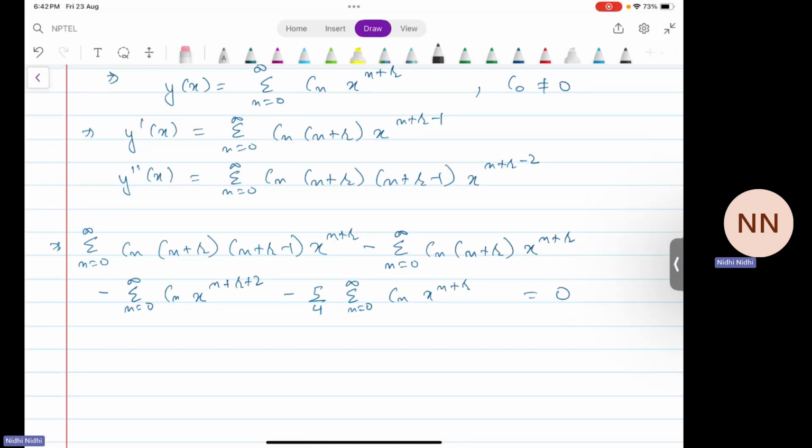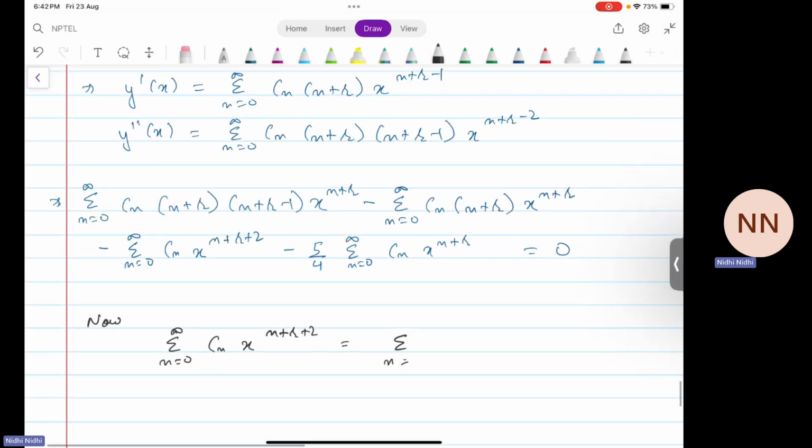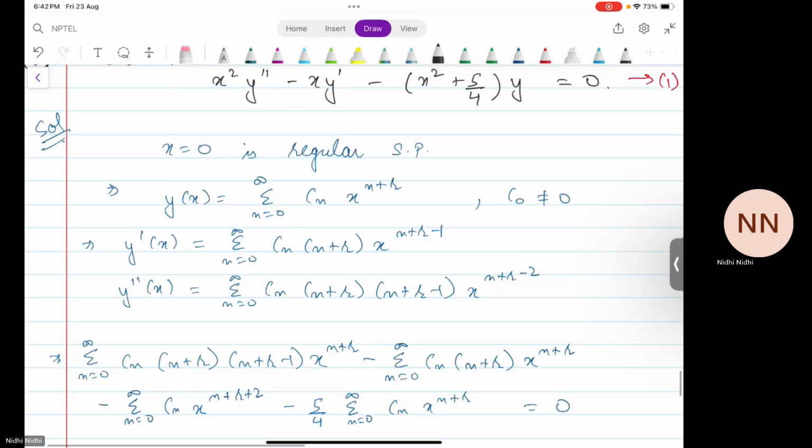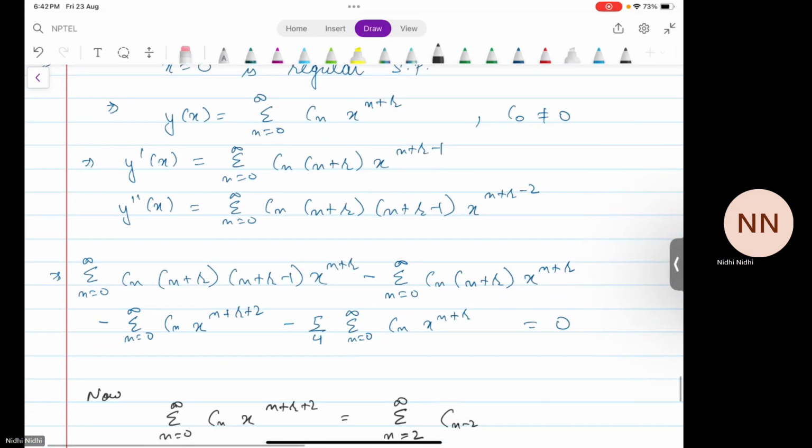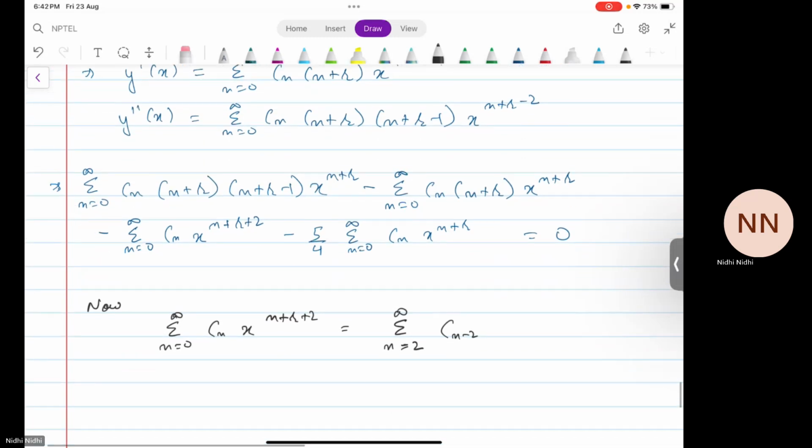Now this summation n from 0 to infinity Cn x to the power n plus r plus 2 can be written as summation n from 2 to infinity Cn minus 2 x to the power n plus r. So this gives us